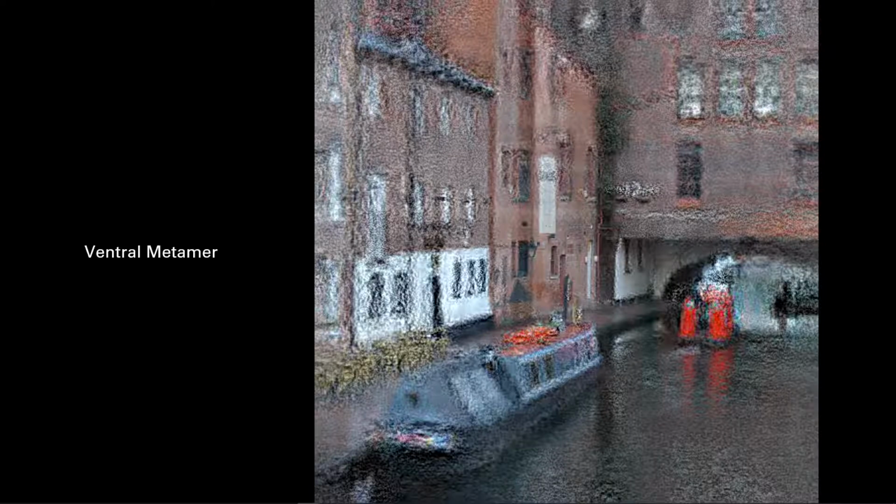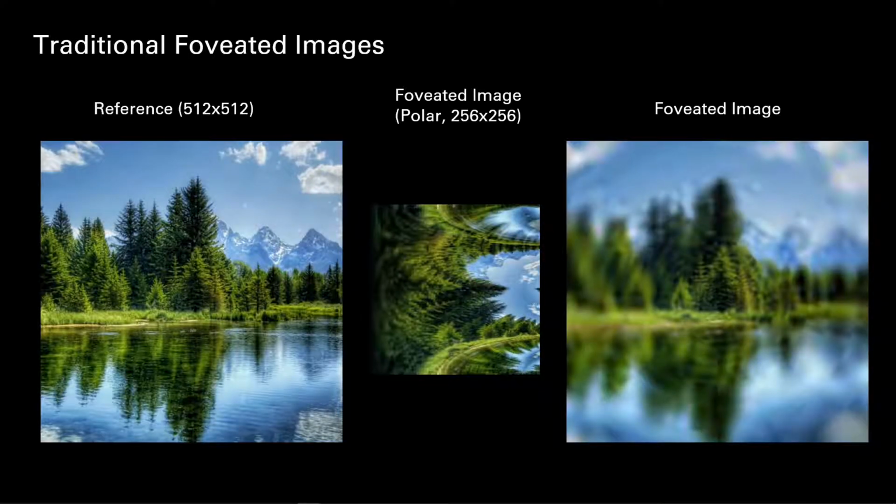We instead draw from vision science, producing a metamer to the true image. Two different stimuli are metamers if they are different, but are experienced as being the same by a human. Here we produce images which look the same as a reference for a particular fixation point, here the center of the image. A traditional foveated image would devote more of its resolution to the fovea and less to the periphery,